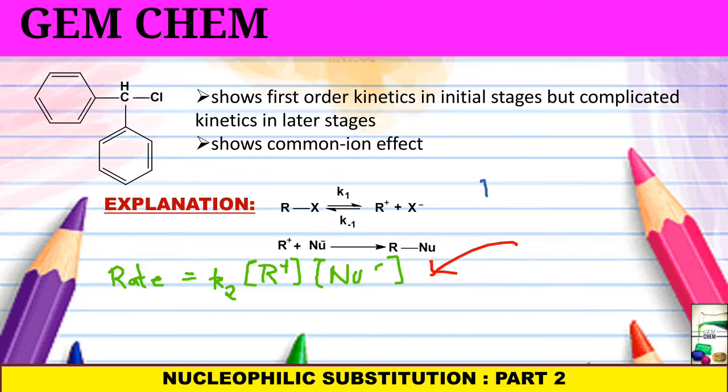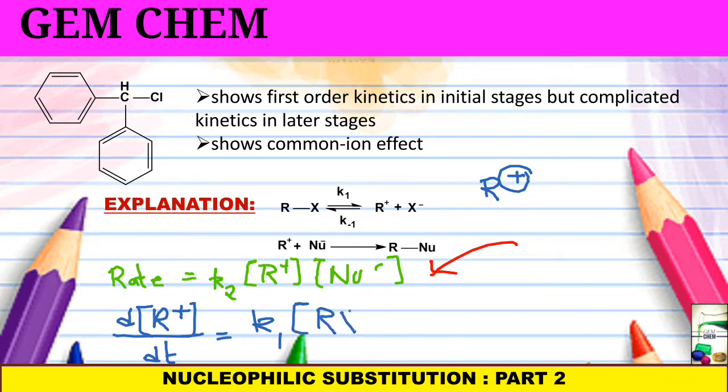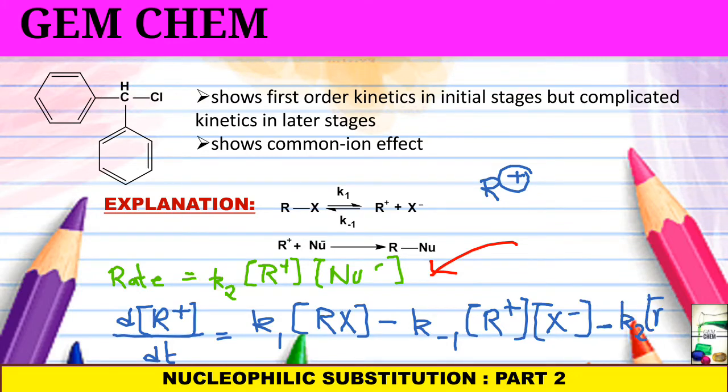And here the short-lived intermediate is R+. So we are taking the d[R+]/dt concentration change. And what will this be? This must be k1[RX] minus k-1[R+][X-] minus k2[R+]